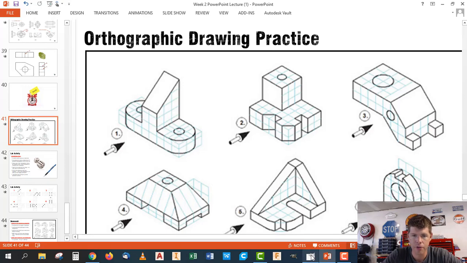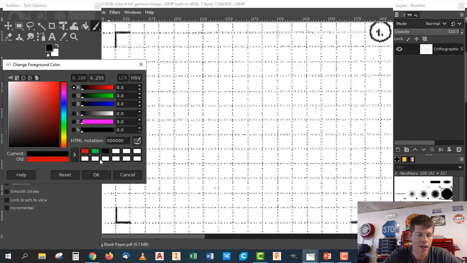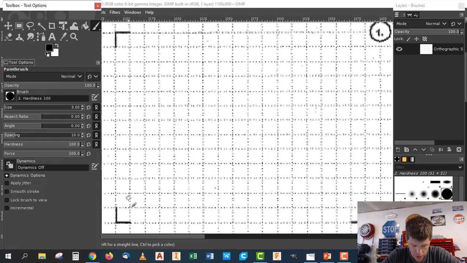So I'm going to jump over to my grid paper, and what you want to do is kind of anchor each one of these views in the corners, and they should fit inside these boxes if you draw them correctly. So I'm going to use black for my visible lines, red for my hidden lines, and green for my center lines. All right, so starting out, we may need to do a little bit of erasing here, so I would recommend using pencil as you do this. But we're going to look, our total width is 8 boxes, so we're going to count over,